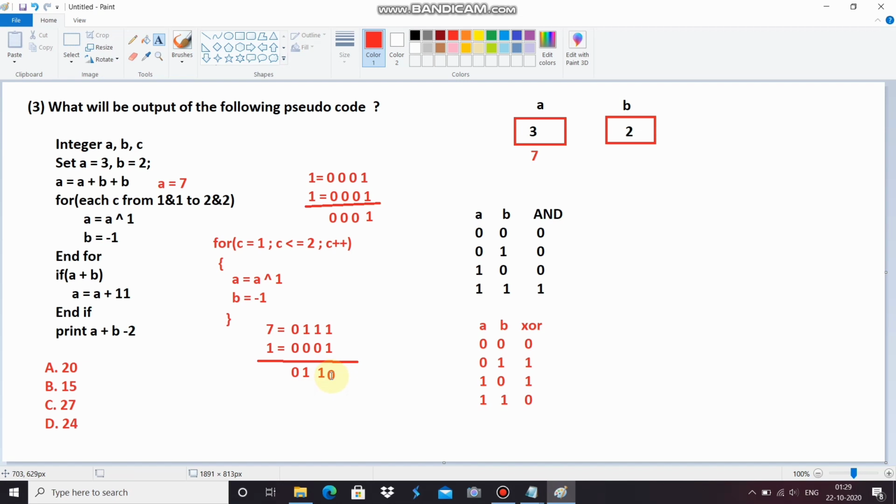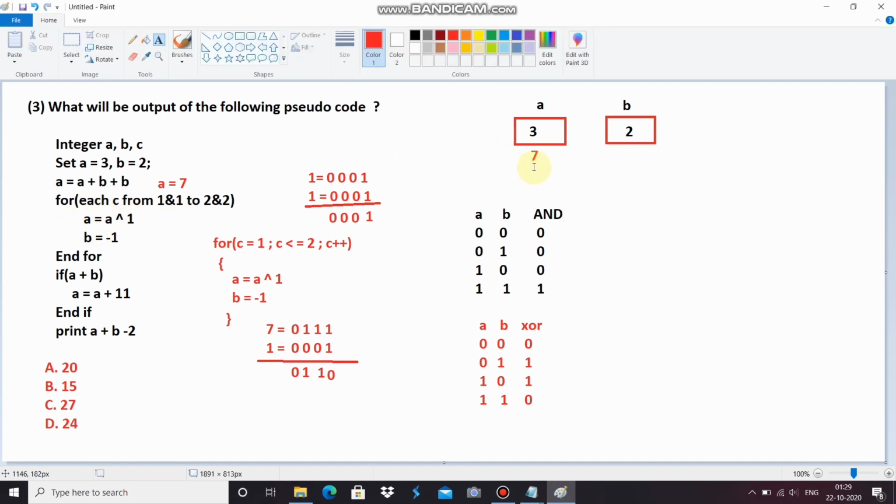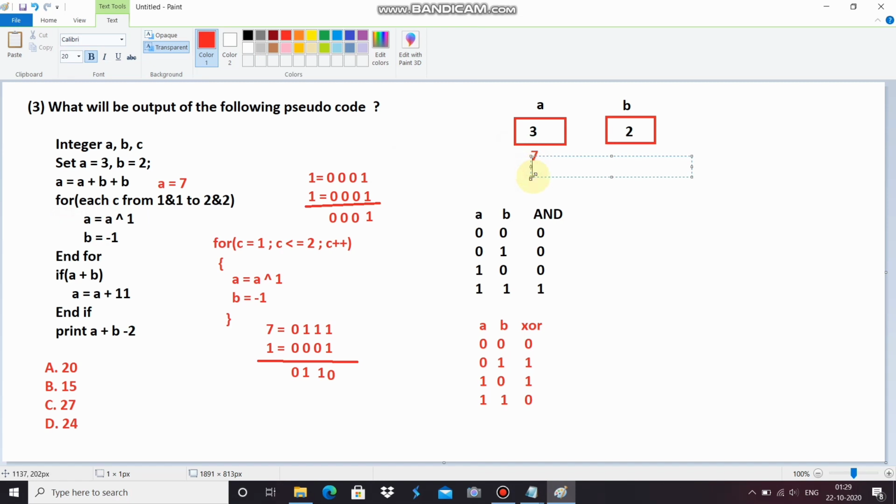It means it will return 1 2 4, which means it will return 6. Here the value of a will be 6, and the value of b will be -1.